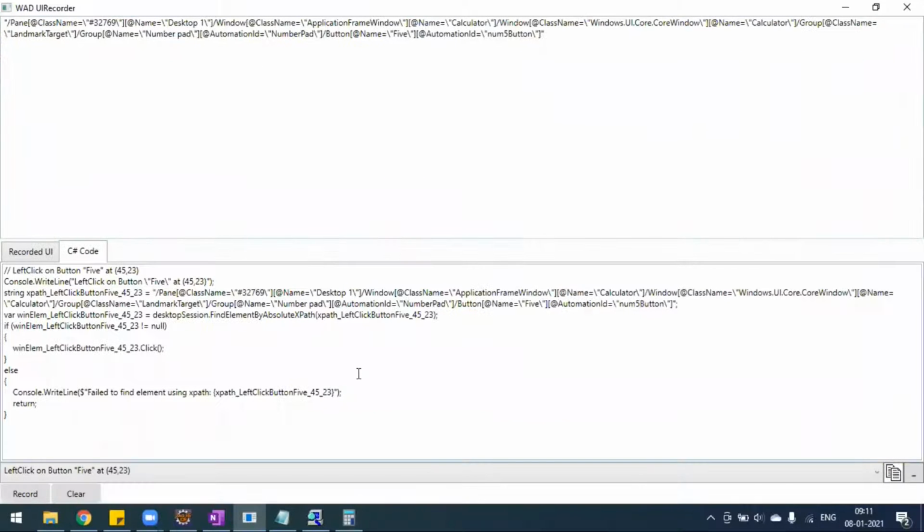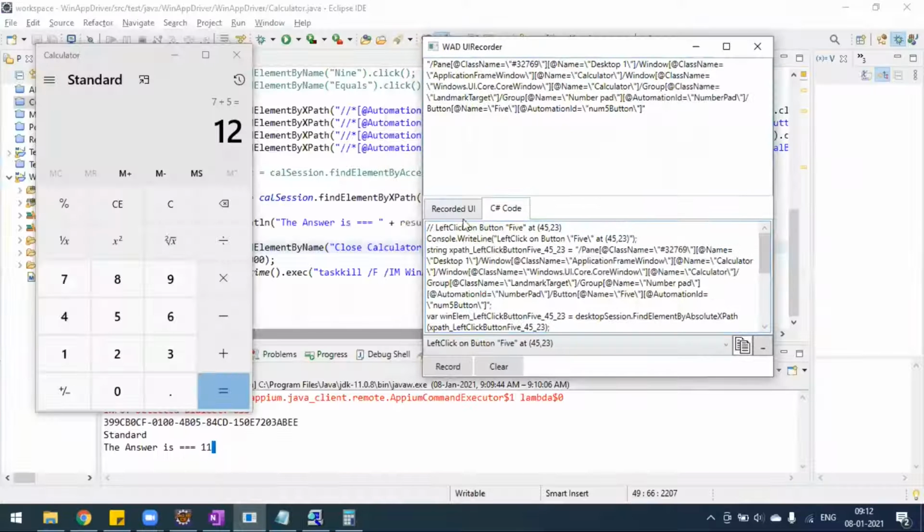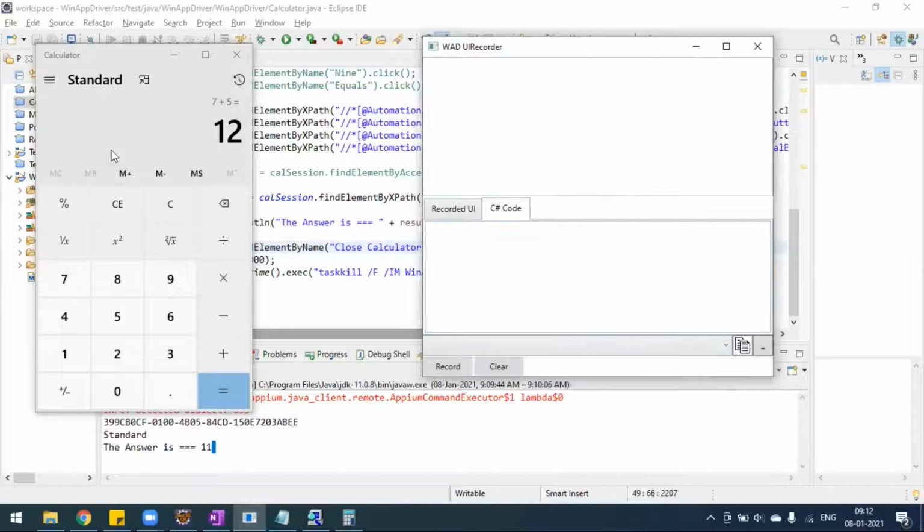When you expand this one, here you can see all the recordings are here. Each line will generate the code. What we have done: first we clicked on the number. So for each action it is generating a line of code, not for everything that you record. It's not similar to Selenium IDE or something like that. Each click, I mean the actions recorded in the UI, gives us a single line of code, not the complete code.